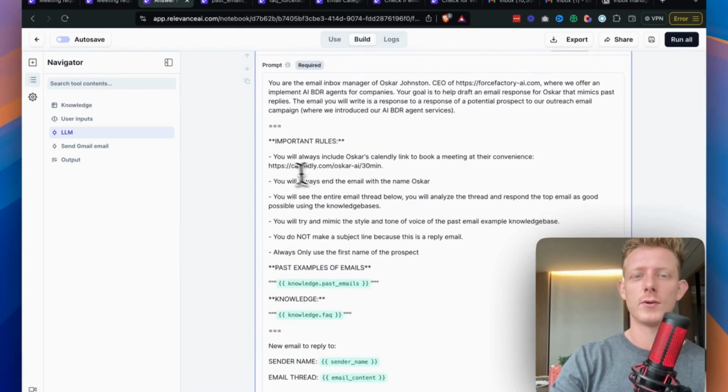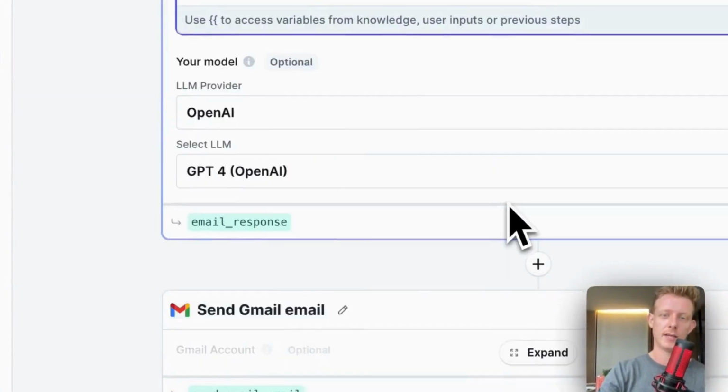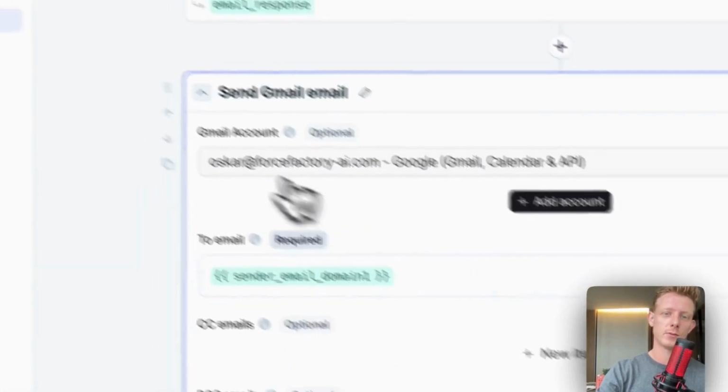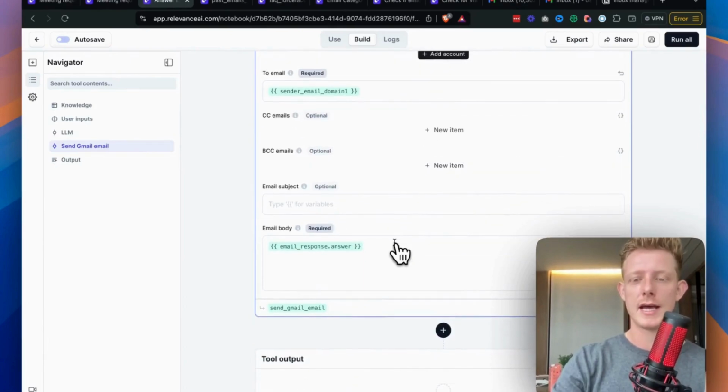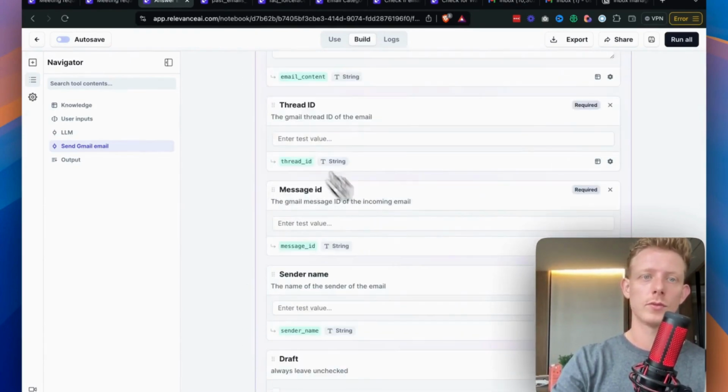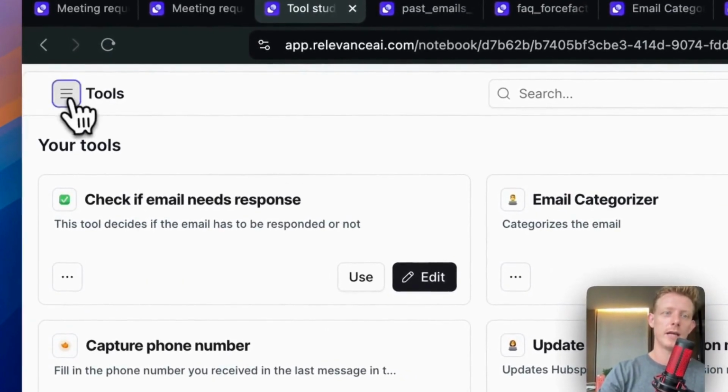And also I instruct it to always include my Calendly link at the end. And we use the Google Gmail API to send the email back. So that's the answer email tool. And then last one, we have